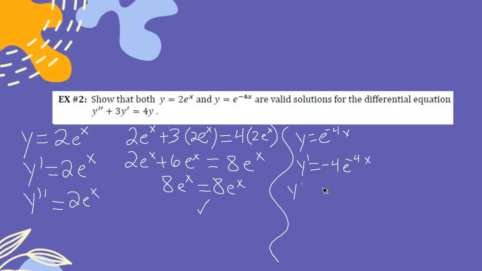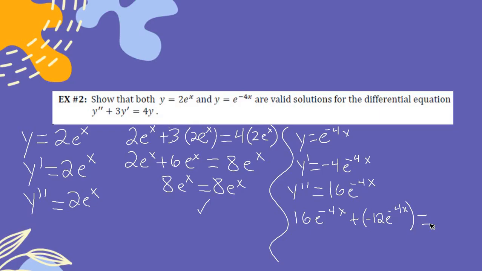And our second derivative? 16e to the negative 4x. And should that still make my equation work? Yes, it should. So I have 16e to the negative 4x plus, so I have 3 times my first derivative, so what's that going to be? Negative 12. Negative 12e to the negative 4x